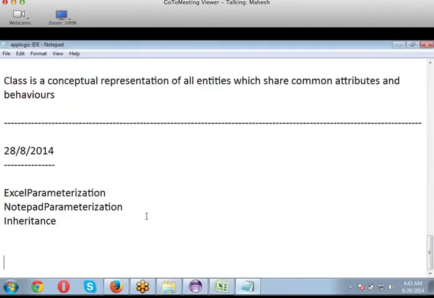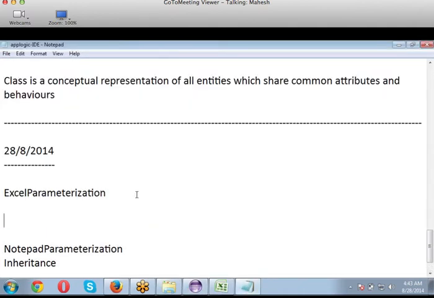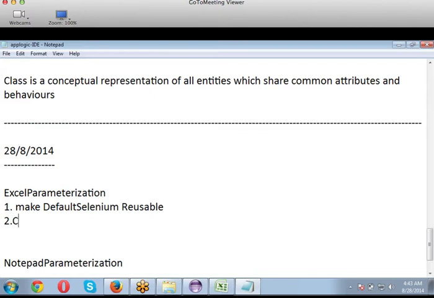So this Excel parameterization can be broken into 3 parts. First one is called Selenium reusable. Second one is create Excel and get data from Excel.